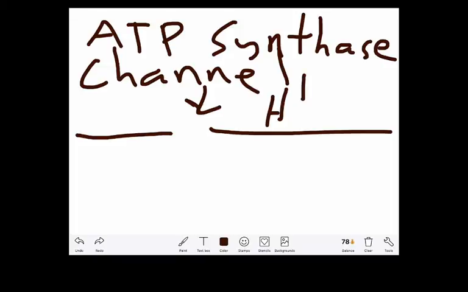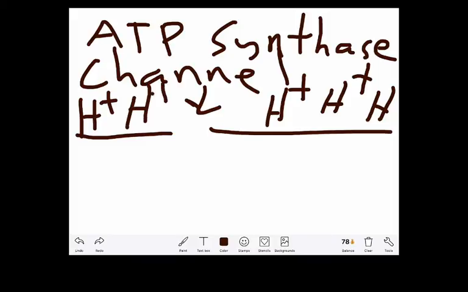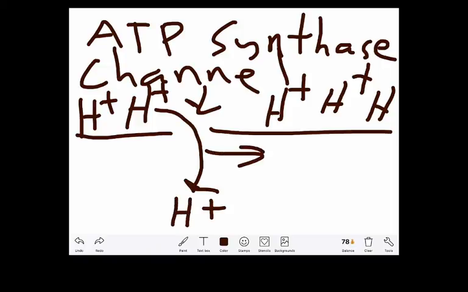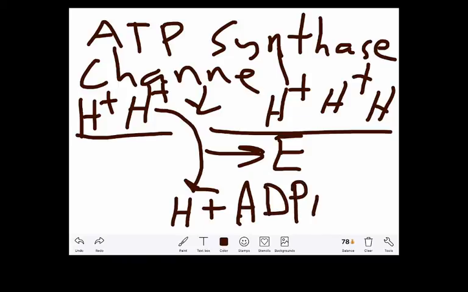We'll have a bunch of hydrogen on one side, hydrogen ions, naked protons, that can only flow through that ATP synthase channel. And the movement of the hydrogen produces energy that's needed to drive the phosphorylation of adenosine diphosphate into